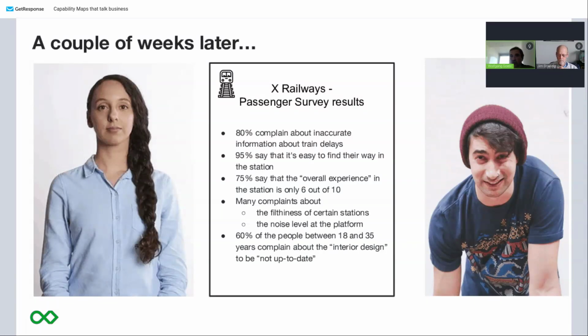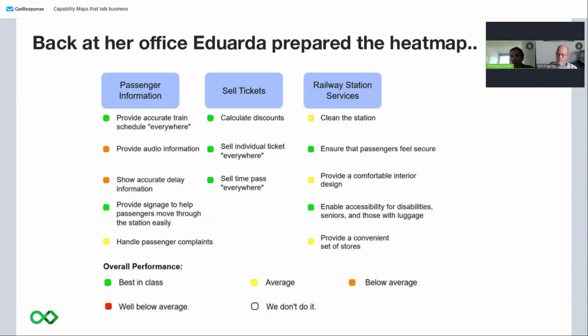So what we get here is some input from the experience design, but it's of course not mapped one-to-one to capabilities yet. Now Eduarda has the large challenge to summarize the findings with all of her interviews in a capability map, because now she has the task to go back to Paola again. So she went to her office and prepared a heat map again. So what she learned is,